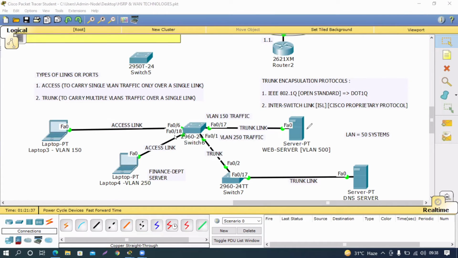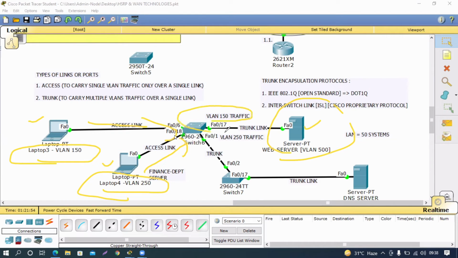Now consider this particular situation where we have a web server in VLAN number 500. Since we are client machines, we always access servers, because we need information. So traffic from VLAN 150 and VLAN 250 comes to this particular switch and goes in this direction to this server. Now we have a single link, right? But how many VLANs' traffic are we sending over the single link? Two VLANs. So whenever you have multiple VLANs' traffic to send over a single link,